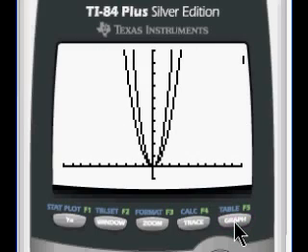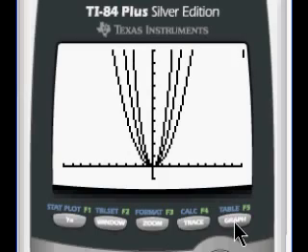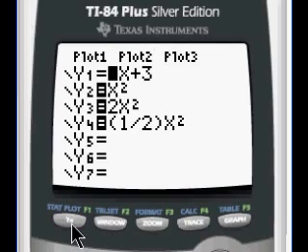There's x squared, the next one that it drew is 2x squared, and the third one that it drew is half x squared. So we can see that as the number in front of x gets smaller, the graph gets wider. How about, let's compare x squared